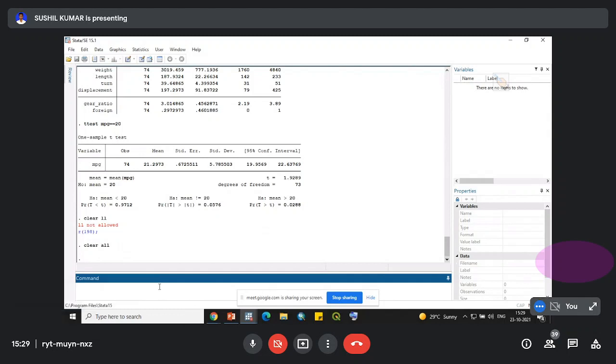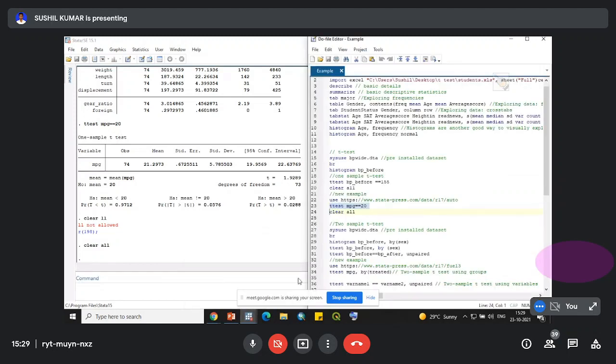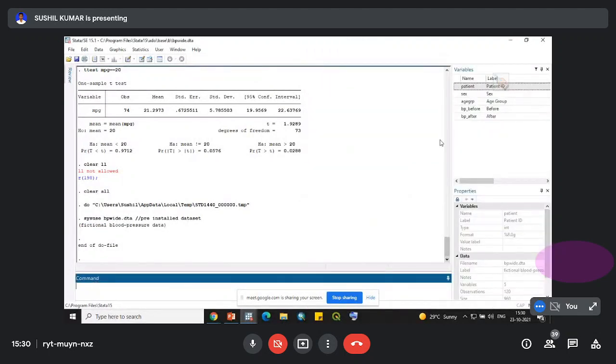Now we can load our new data set, which is again the systolic BP data file. We can directly run this command from the do file, and Stata will perform the function for you. You can see the data set has been loaded in Stata.